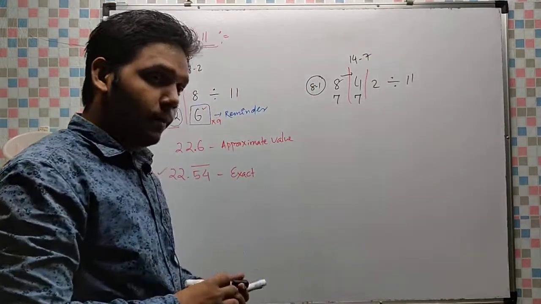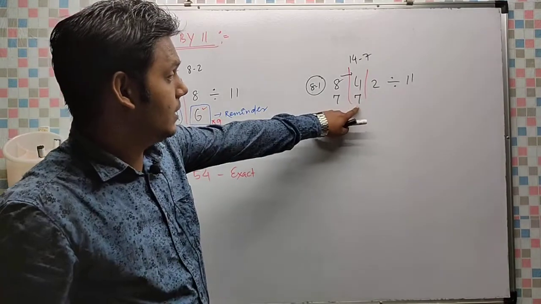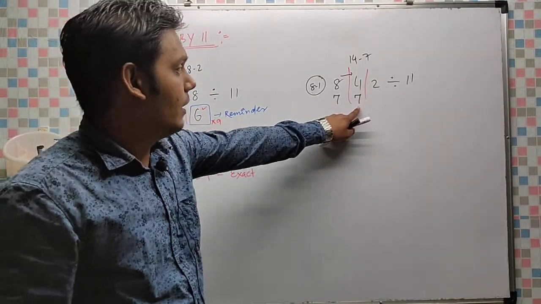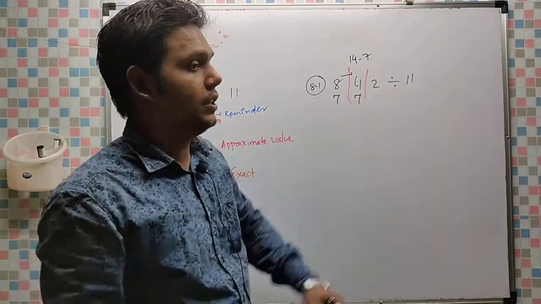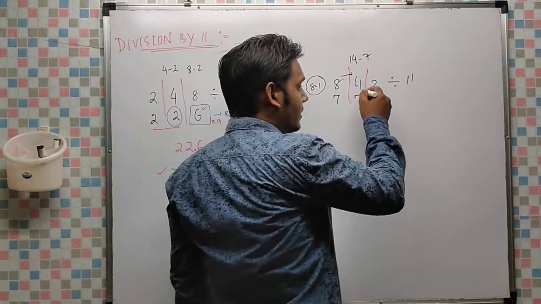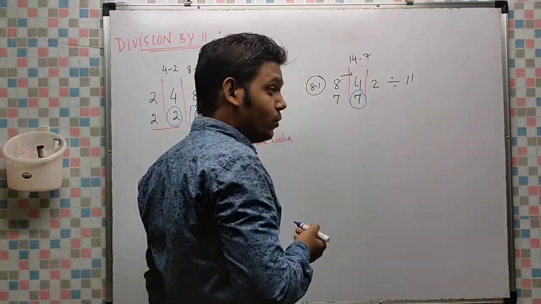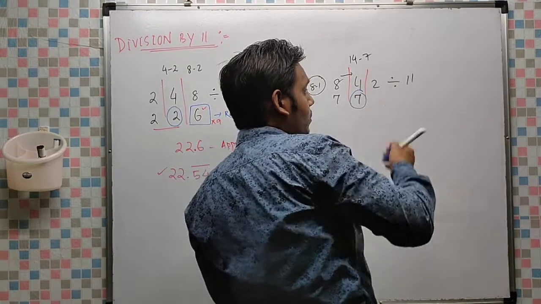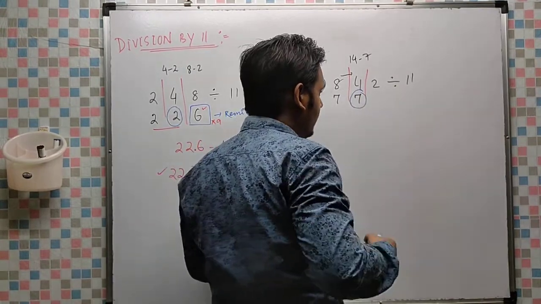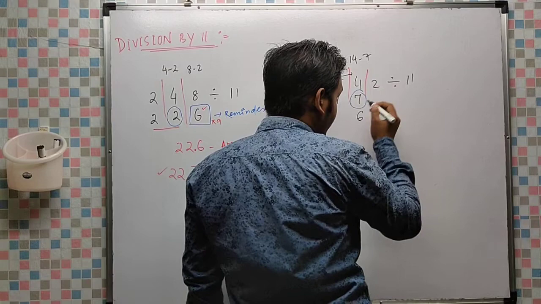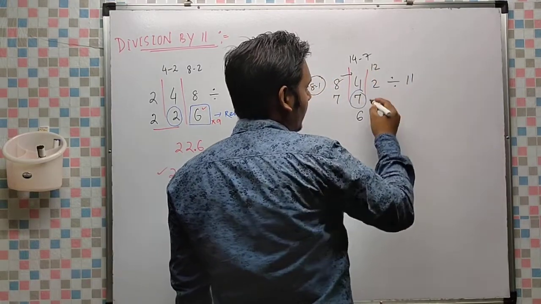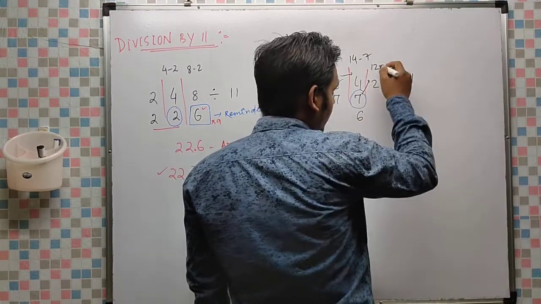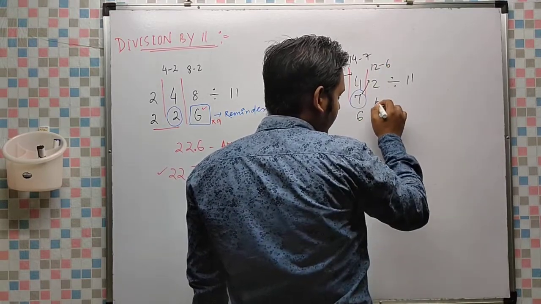Now, as I told you, you have to compare the result in the second place with the third digit. I got 7 here. 7 is greater than 2, so 2 minus 7 is not possible. Again I have to give 1 to the third place. That means this 7 will turn to 6 and this 2 will turn to 12. Now 12 minus 6 is possible, that is 6.